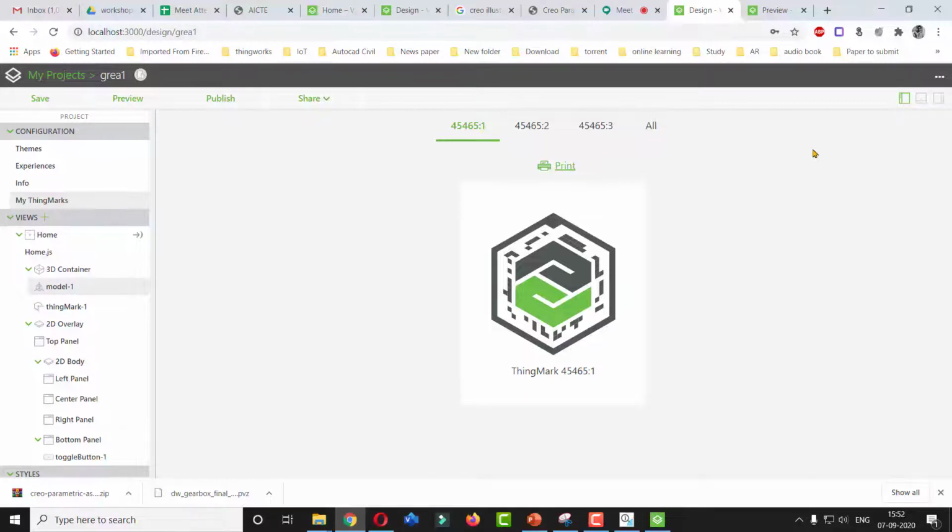Okay, so here see, you simply have to press the play button. So after pressing the play button, it will show you the assembly.